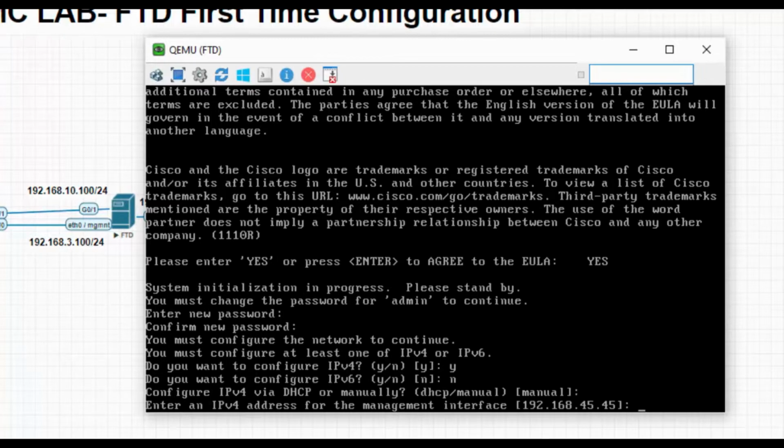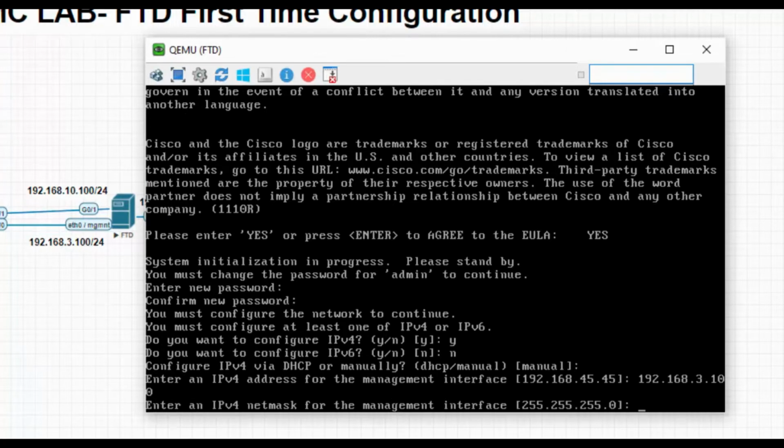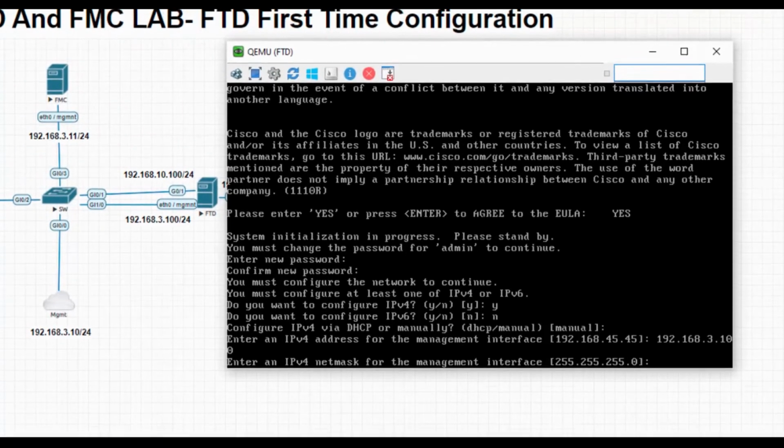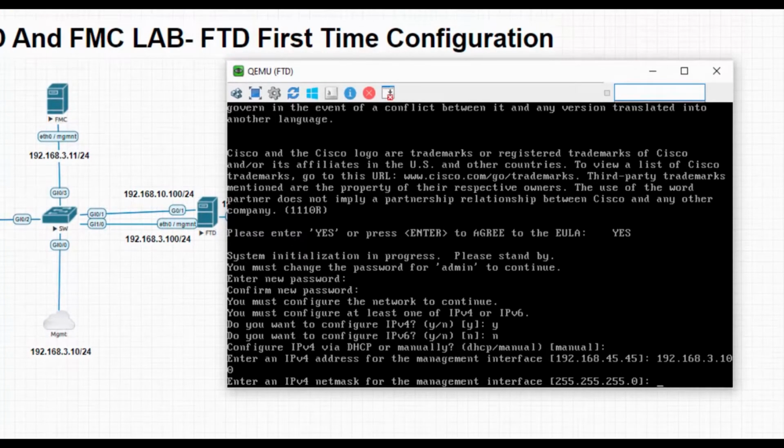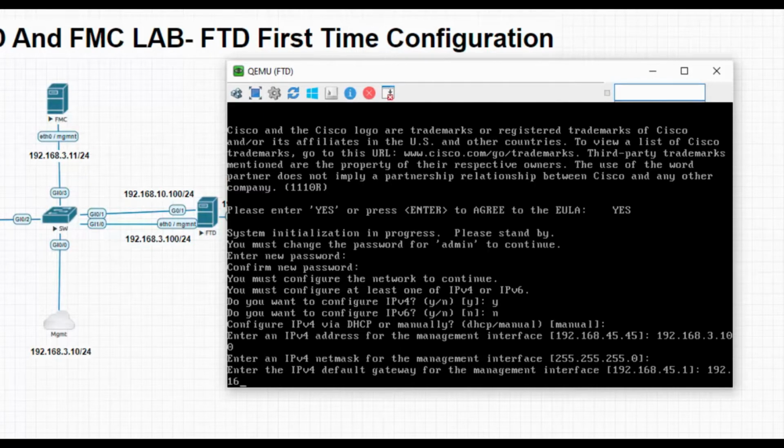By default, it is taking 192.168.45.45. I would like to have 192.168.3.100 as per my diagram. And the default management interface subnet mask is /24. Hit enter, and the gateway is 192.168.3.10. This is the management IP that I wanted to use,